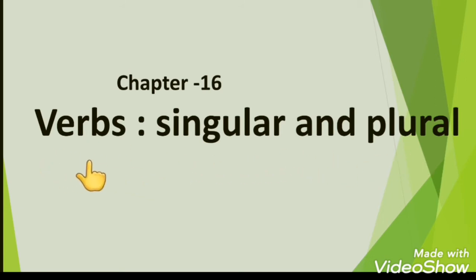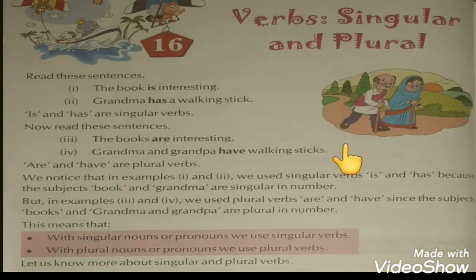Now, students, you all know that verbs are the words which tell us about the doing, as well as what a noun is, as well as what it has. So it tells about the doing of a person, or what it has, or what it is. Now verbs can be singular or plural. Singular means only one, and anything which is more than one is called plural. There are different types of singular and plural